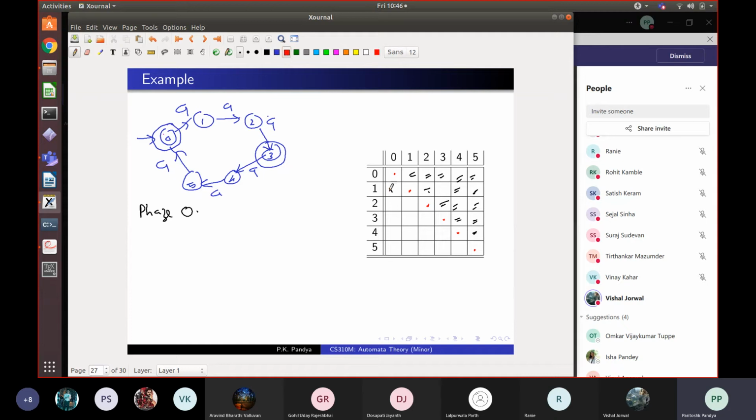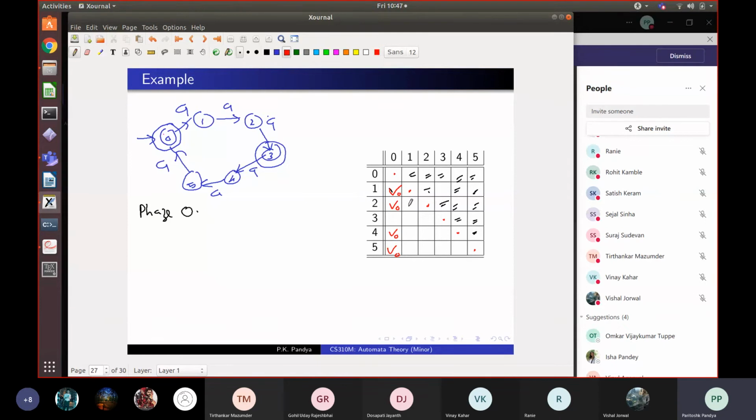That's okay. This is like a tutorial. So this will get marked in the 0th phase. What about 0, 2? Vinay? Yes, sir, it will get marked. Okay, so I'll mark it. You are right because 0 is final. What about 0, 3? Tirthankar? 0, 3 will not be marked because they're equivalent. Good. 0, 4? Suraj? It will be marked. Okay, excellent. So I will finish with this, and 0, 5 will also get marked.